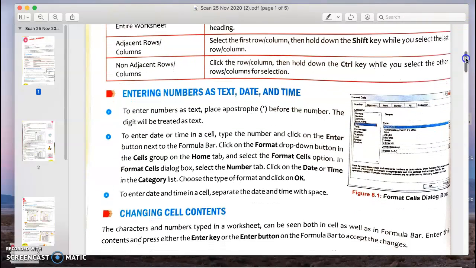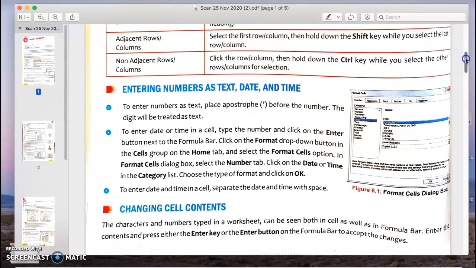Then entering numbers as text, date and time. To enter numbers as text, place an apostrophe before the number. The digit will be treated as text, right? So to enter a number as text, अगर आपको कोई number enter करना है और वो आपको as a text लेना है.